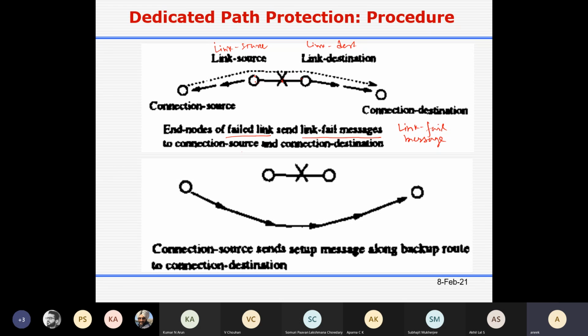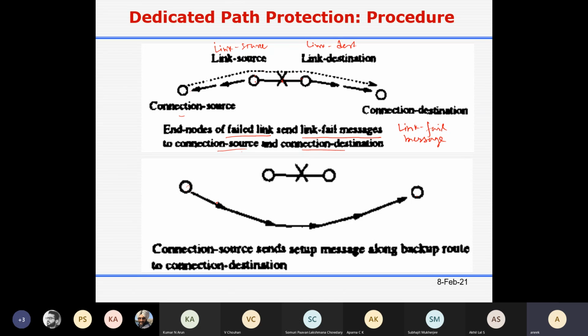So this link fail information should be sent to the source node of the connection. Connection means the light path. So you are sending that link fail message to the connection source and connection destination, and the source node as well as the destination node receive it.